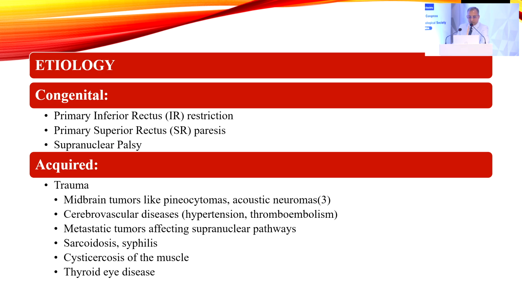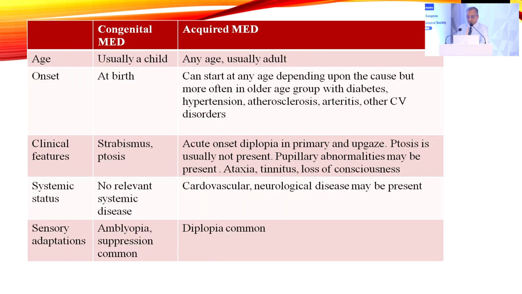It may be congenital or acquired. In congenital, it is primary inferior rectus restriction, superior rectus paresis, and supranuclear palsies. In acquired, it may be due to trauma, tumors, cerebrovascular diseases, metastatic tumors, sarcoidosis, cysticercosis of muscle, and thyroid eye disease. So it is very important to differentiate congenital MED from acquired MED, and the most important feature is presence of